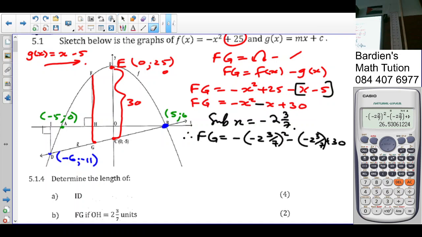So as a decimal, we can write it as 26,53 or 26 and 26 over 49. 26 and 26 over 49. Or we could have written it as,